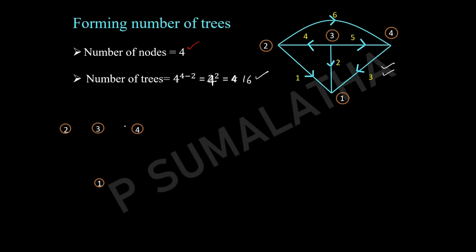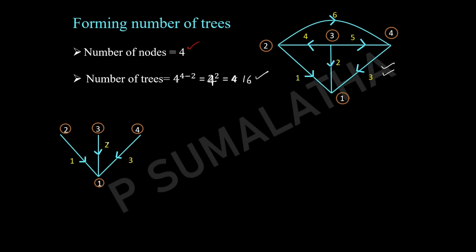So now let us see the first tree I am going to form. I am going to consider the branches 1, 2 and 3. So that's it. We have taken all the 3 branches. We are not allowed to take more than 3, and we don't have any closed loop here. This refers to one possible tree for this graph.